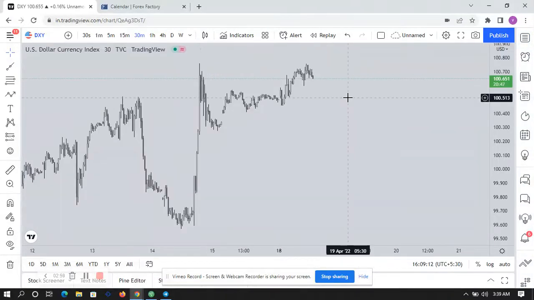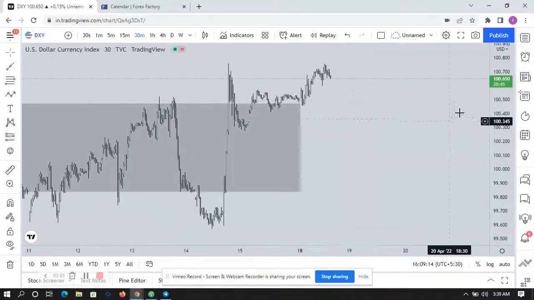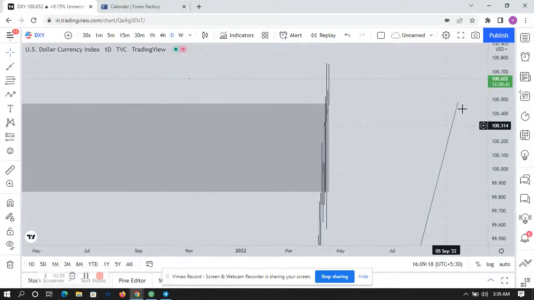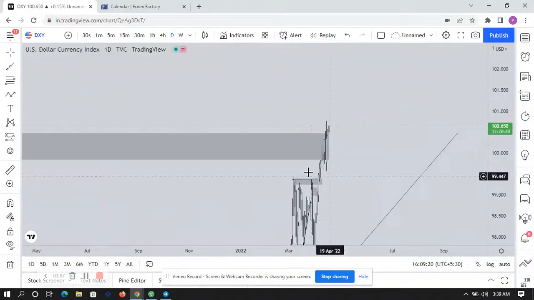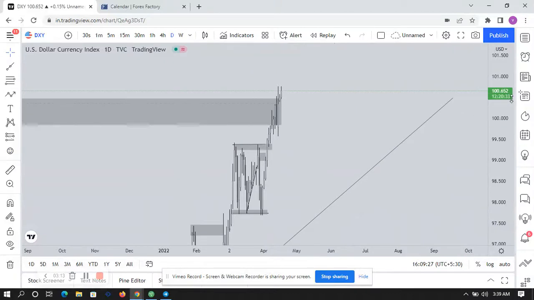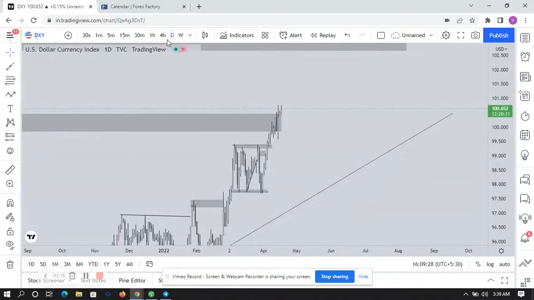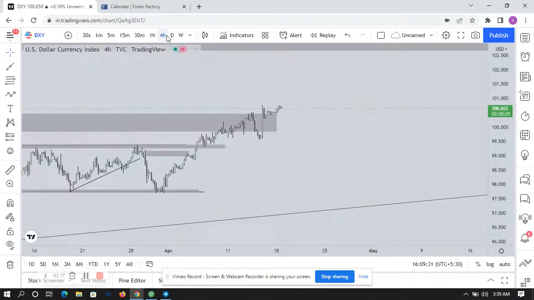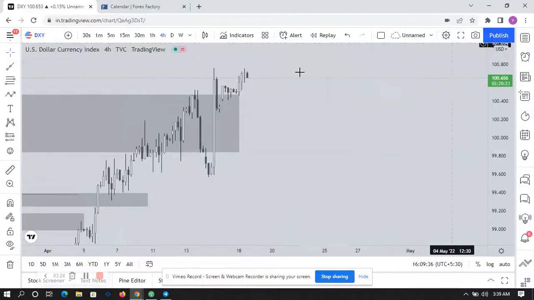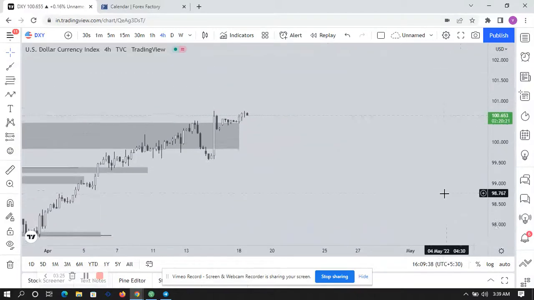So at DXY, you can see that we're almost getting the same thing. If you check the daily time frame, you can also see, but in this case, the price broke a major resistance, not a support. And you can see that we're on the bullish trend just as we're in a bearish trend on Euro USD. And you can see how the price has been doing, if not the same thing as Euro USD has been doing. So in this case, we might be looking for more bullish news, all right?